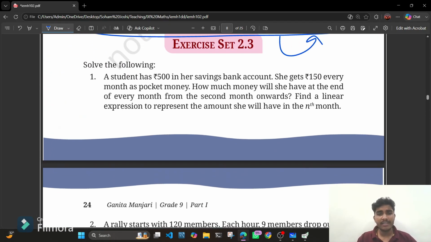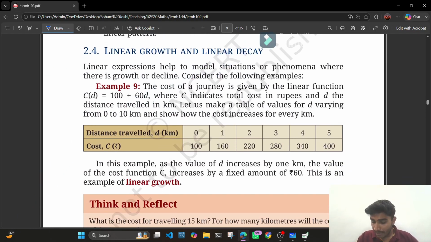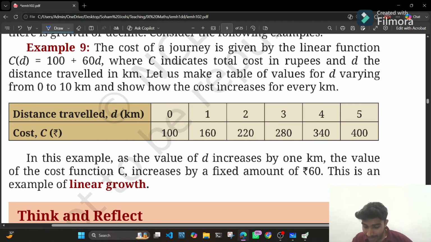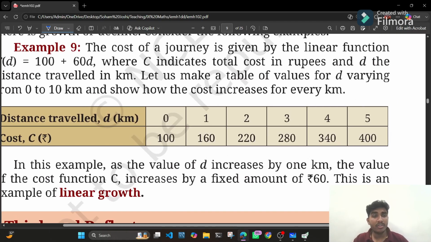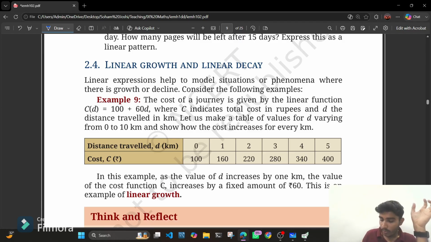Next we have exercise 2.3 that you can solve on your own. Then we have linear growth and decay. So basically we can use linear expressions to help model some situations or phenomena where there is a growth or decline. मान लो मैं एक ट्रिप पे जा रहा हूँ, ठीक है, मैं एक ट्रिप पे जाने वाला हूँ,